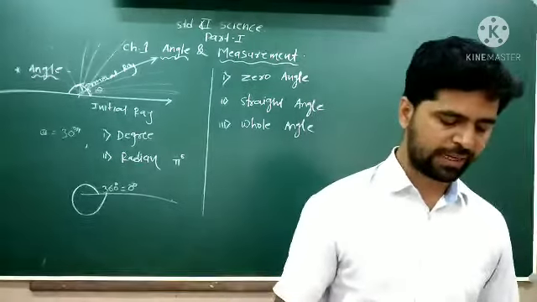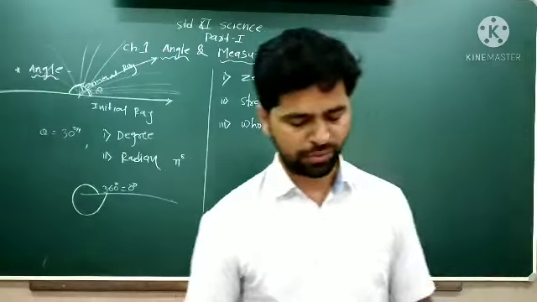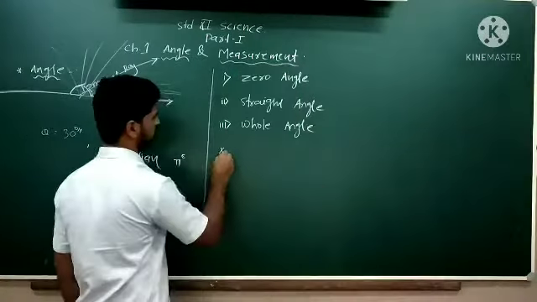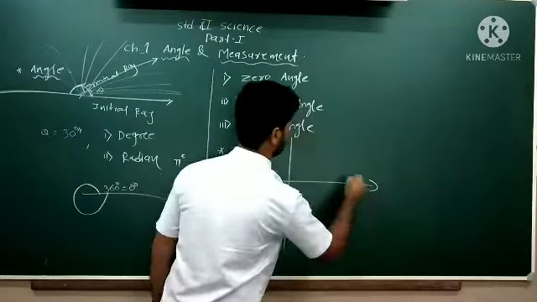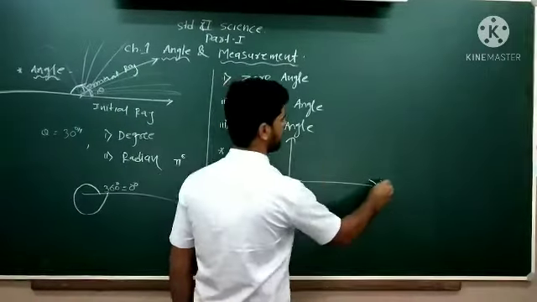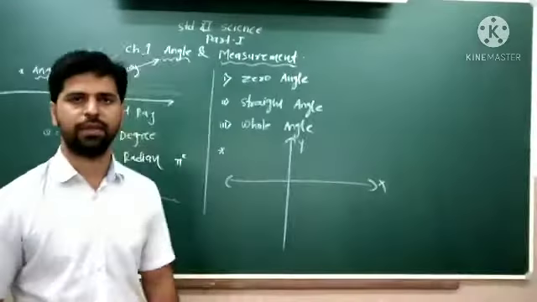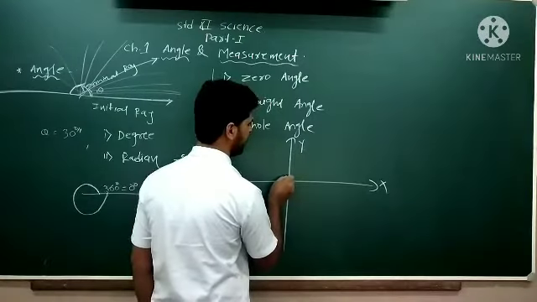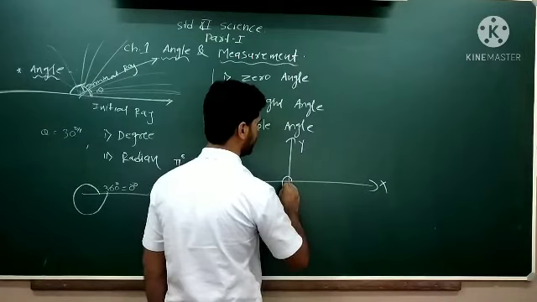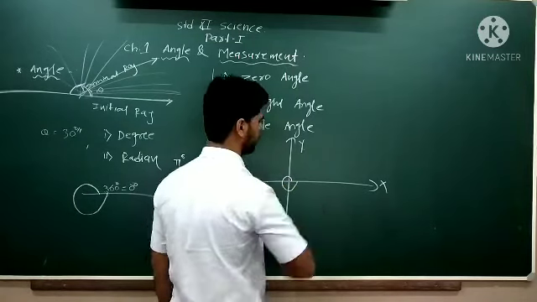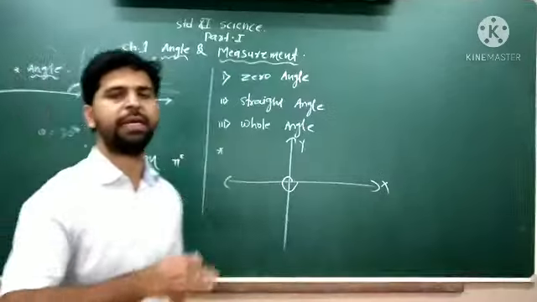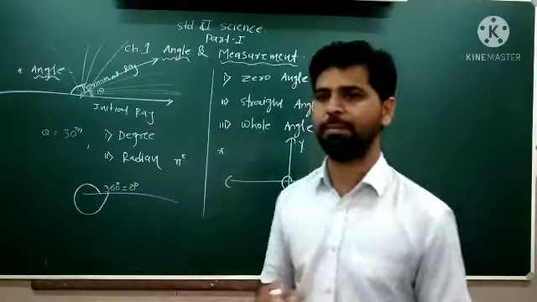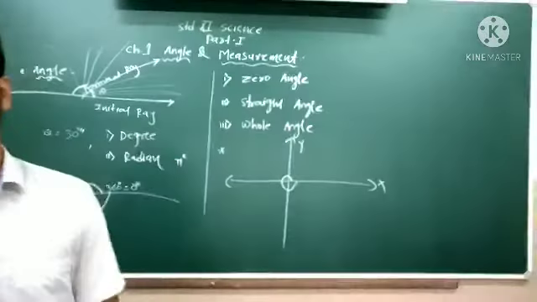Okay, so these are the angles we have. According to our example, we will go one by one. Then next thing we have to see the quadrants. You know this is x-axis and this is y-axis. We know from here it is zero angle, then here it is 90, then 180, then 270 and 360 degree. So 0 degree and 360 degree are same because 0 and 360 are lying at the same point. You are getting that angle at the same line, so they are always same.